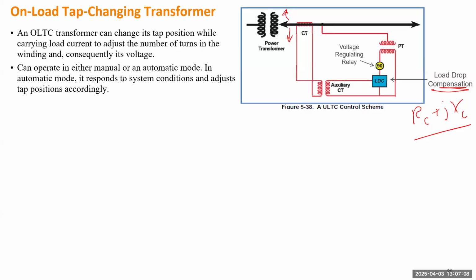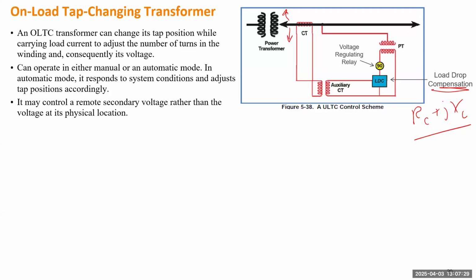If it has an on-load tap changer, you can connect this one in a closed-loop control system, so you can automatically adjust the tap position. That's why we call such transformers active voltage controllers. Typically it's used to control the secondary voltage,